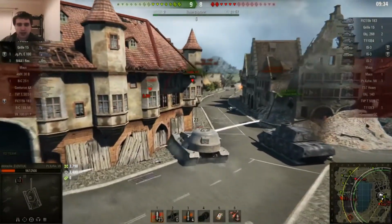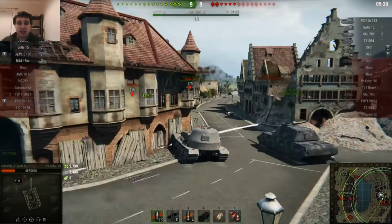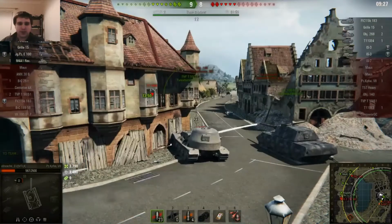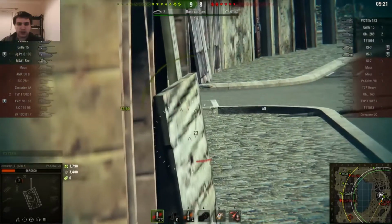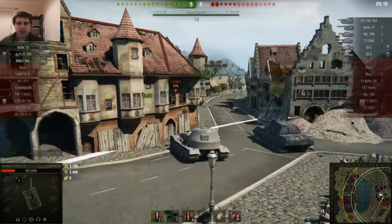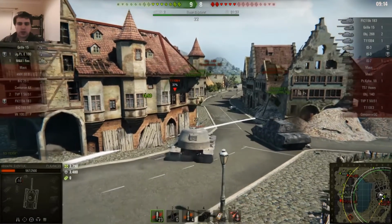Like I said, tank destroyers on the enemy team. Tier 10 tank destroyers can damage this thing from the front. It's entirely possible for them to damage it, especially if you make the mistake and are pointing straight at them when they shoot you. So I'm trying not to